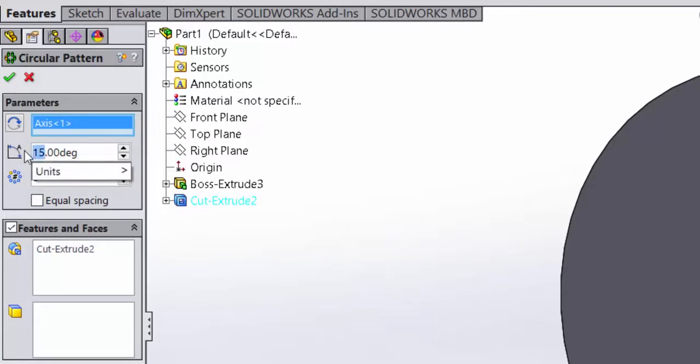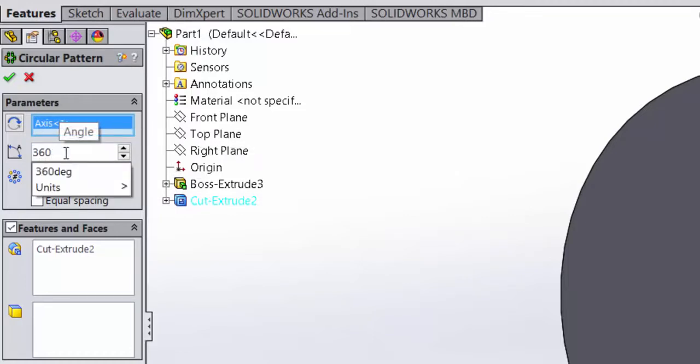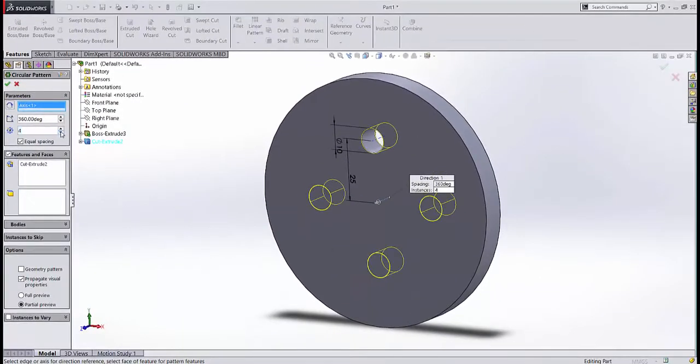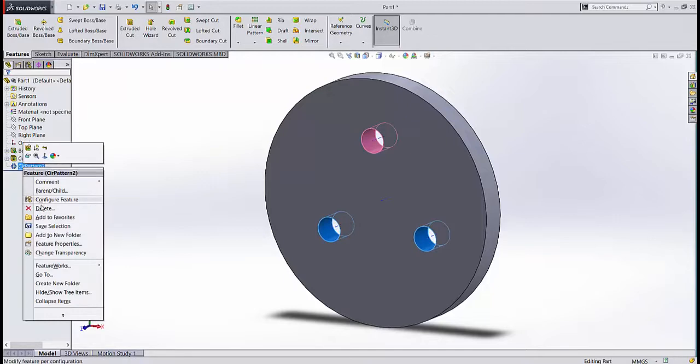So, for example, I could create a 360-degree span, allow for equal spacing between all of the patterns to be featured, and then set the number. And click OK. This creates the desired number of features that are patterned around this axis. You can not only pattern your features, you can also pattern 2D sketch entities. I'll go ahead and delete this,